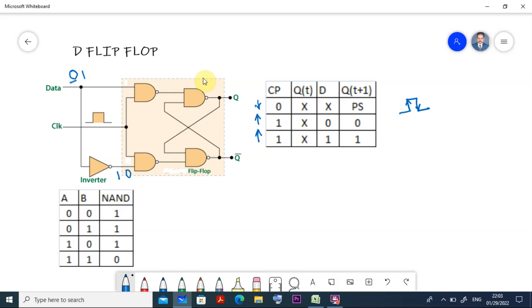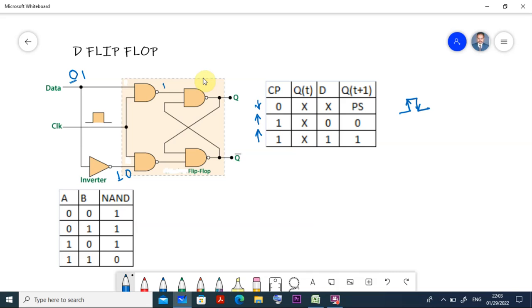So by default it will be 1 here. Here we know if any of the input is equal to 0, in case of any AND gate, then the output is 0. If the other is 1 also, it becomes 0, or 0 also, anything it becomes 0. So 0 and inverse of 0, here the output becomes 1. Are you getting that?